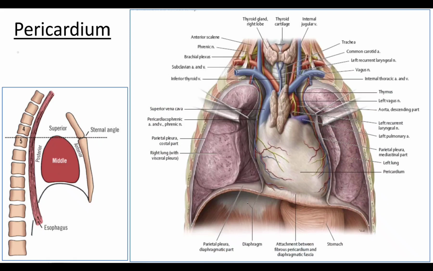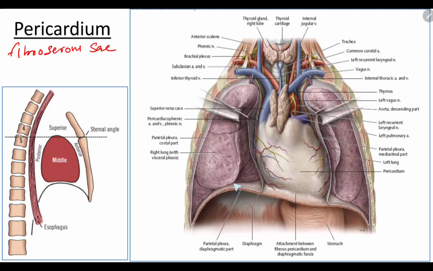The pericardium is a fibroserous sac which covers the heart and great vessels, and it is in the middle mediastinum. Here in this section, you are seeing the mediastinum. Here we have the thoracoabdominal diaphragm, the right and left lungs, and here is the heart along with the pericardium. Again in this diagram you are seeing the heart and great vessels along with the pericardium in